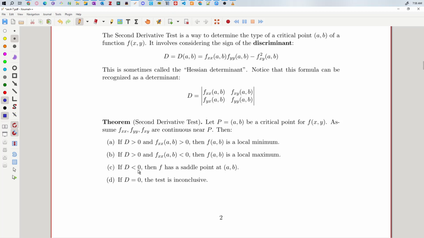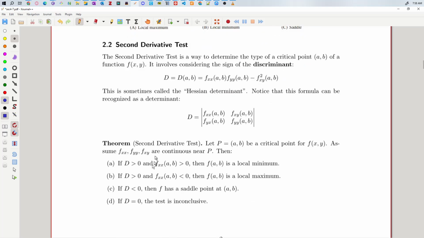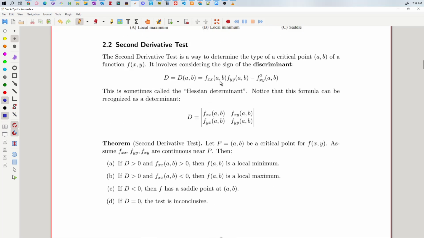Effectively, you can think of this as saying that the two different curvatures, the two different concavities, when you multiply them together, give you a negative number, meaning that the concavities are kind of opposite. If the discriminant is positive, then this breaks into two cases. It could be a local max or it could be a local min. So you need to do one further